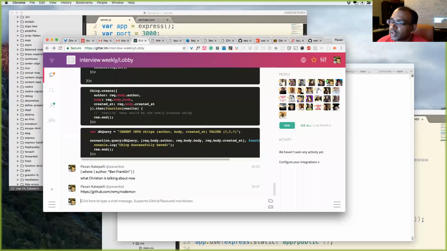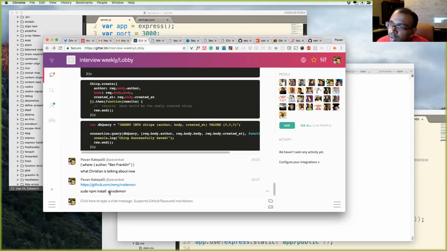Gotcha. Yeah, so to install Nodemon, you would do npm install -g nodemon, but this is for Mac or Linux. Do you have to install it on the global level or just in the folders that you want? I would install it globally. Probably globally. Otherwise, you don't want to have to install it every single time. On a Windows machine, you would run Git Bash as an administrator, and then you would run this. You wouldn't put sudo in front of it.